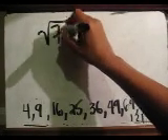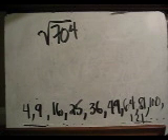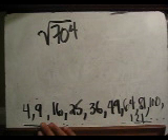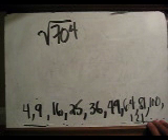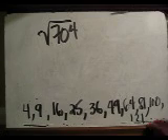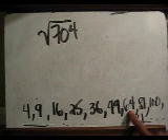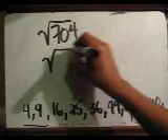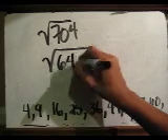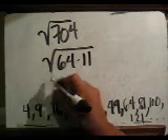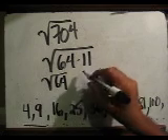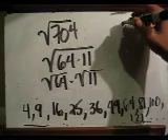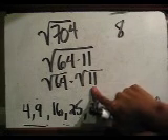So like the square root of 704. Let's find at least one factor that should be a perfect square, and in this case we do have one: 64. We can multiply 64 times 11. So we'll do 64 times 11. We're going to break it apart. So the square root of 64 times the square root of 11. And the square root of 64 is 8. And then 11 is not a perfect square, so we're